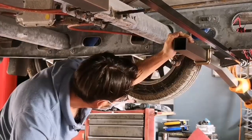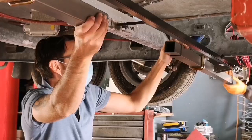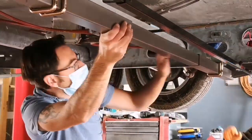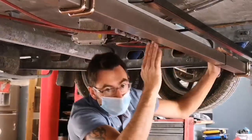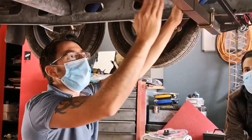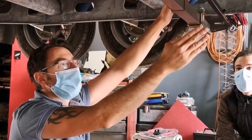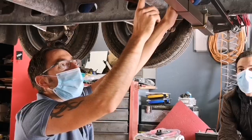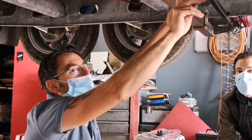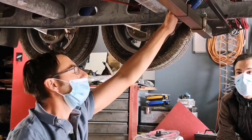Okay, so Dan's going to feed that through. Hopefully they're going to line up. It's coming through, it's going to line up. Again, we've measured this bar and we've marked the middle already, so when we slide it through now, we'll mark the middle of the brake cable going to the front. We'll line our mark up with that, and that tells us that this bar is central. Then we've got this bar central because we've marked this one up with there,